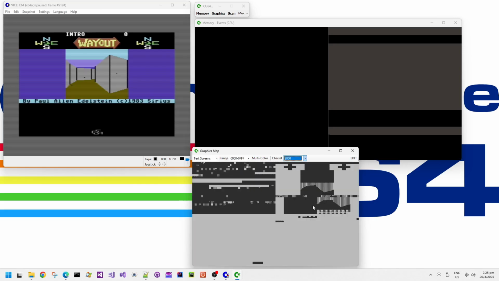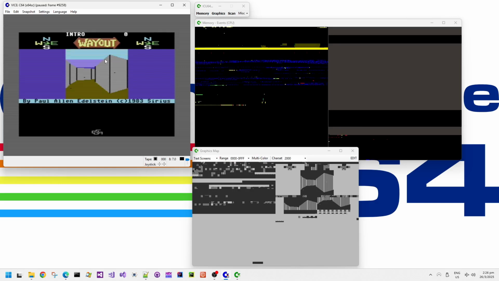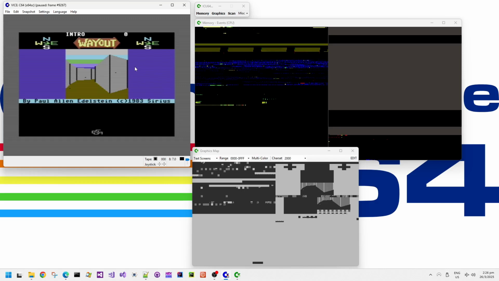But yes, I think we're going to have a look at how this game renders this view as well. I think we'll have a little dive into that because it's really unusual, right? But if you note here, I'm pausing the game and advancing one frame at a time. And you can see in the Commodore 64 view that the sky or the ceiling or whatever it is is actually using bands of quickly alternating complementary colors,